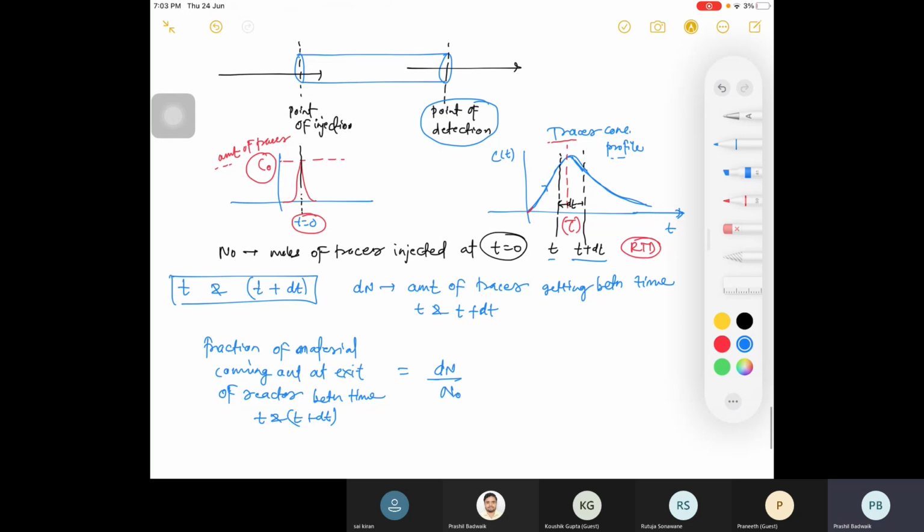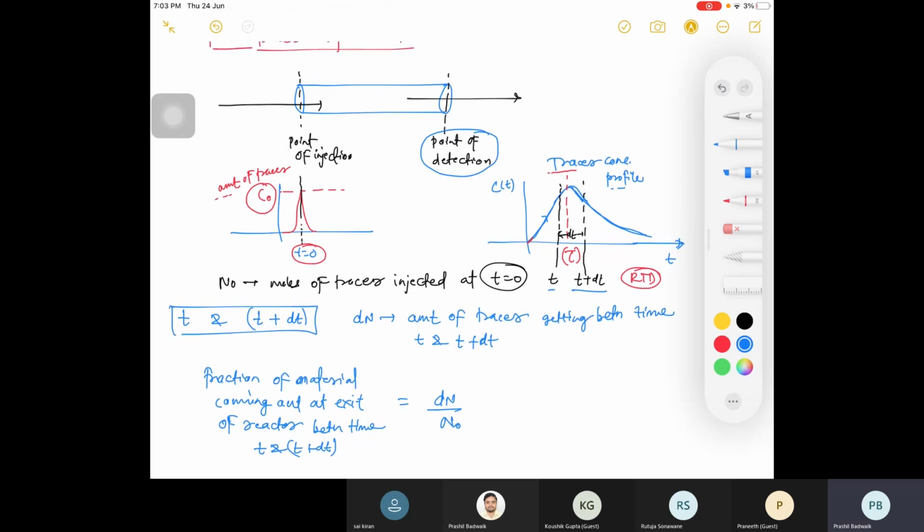Now this tracer has started coming out of your reactor, and this detector is continuously detecting its concentration. So there will be some flow rate at which your tracer is coming, right? We inserted, injected a pinch of material at the starting. Some of that material will come at time t equals 0 because of bypassing, and some of the material will go in dead space. So that has infinite time, that will come very late.